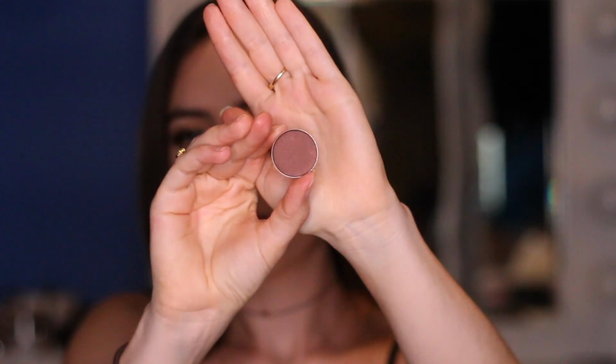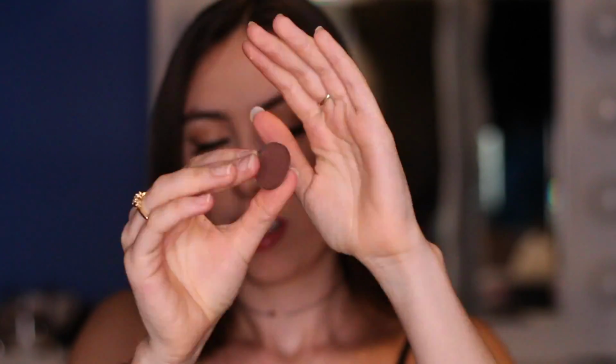So this is the shade Truffle, and it is a, let me just swatch it. So it's like a deep metallic, deep satin brown with a little bit, I feel like, of orangey gold in it. So next we have Ash Brown, again on sale,